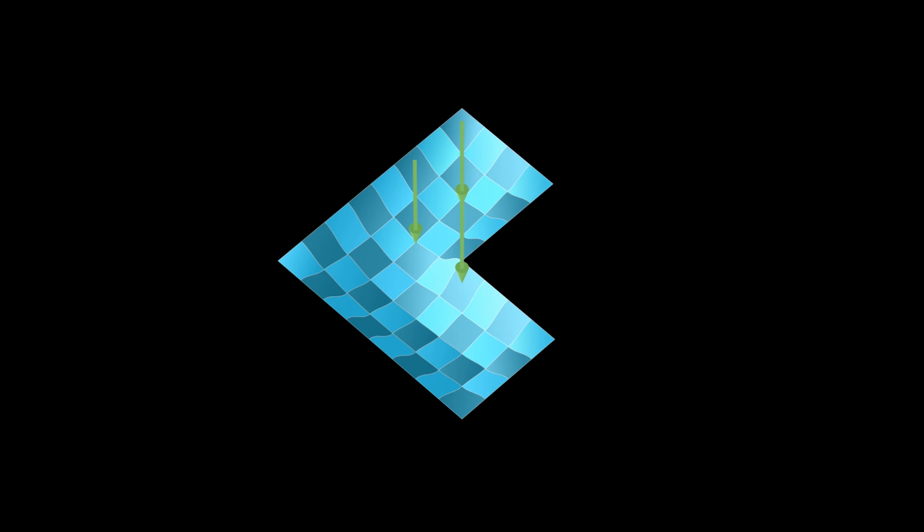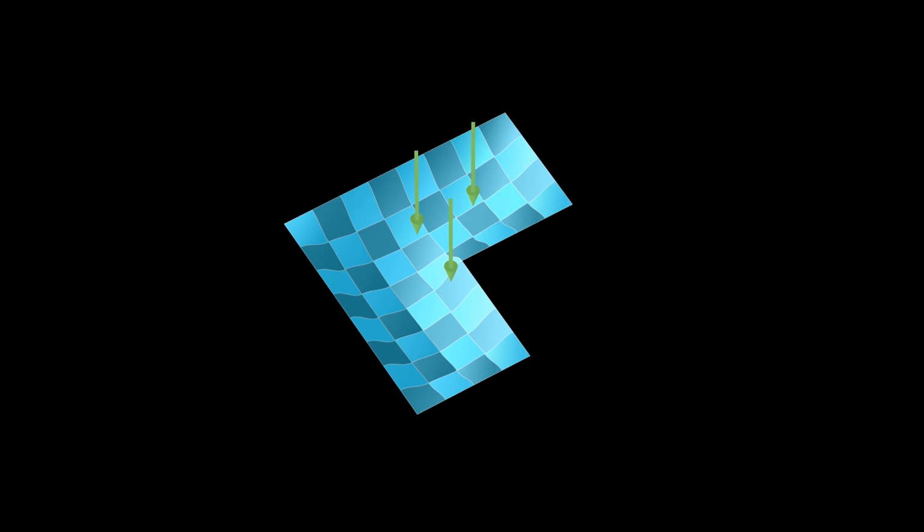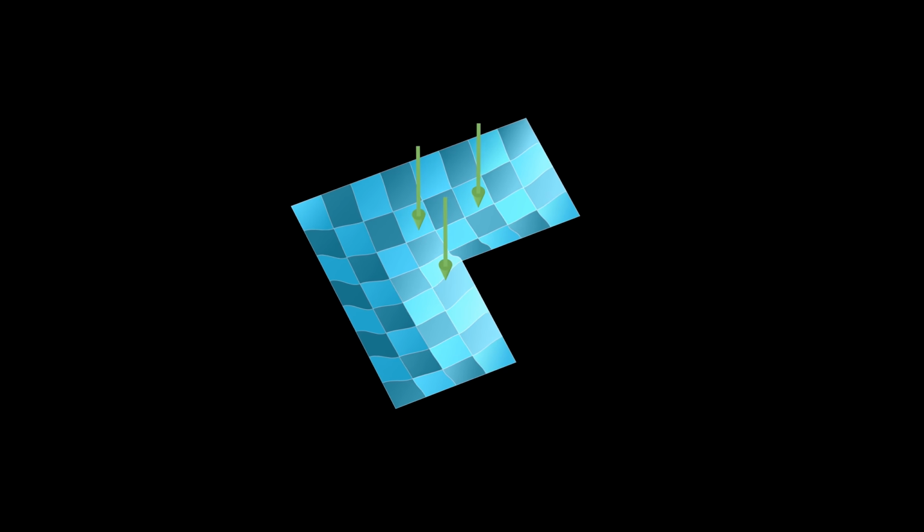Now let us solve the linear equation system. For that purpose, let us choose the function f to be equal to -1. Physically, this means that the uniform force, like for example gravity, acts downward on the L shape. We are computing the displacement u, which is 0 at the boundary.